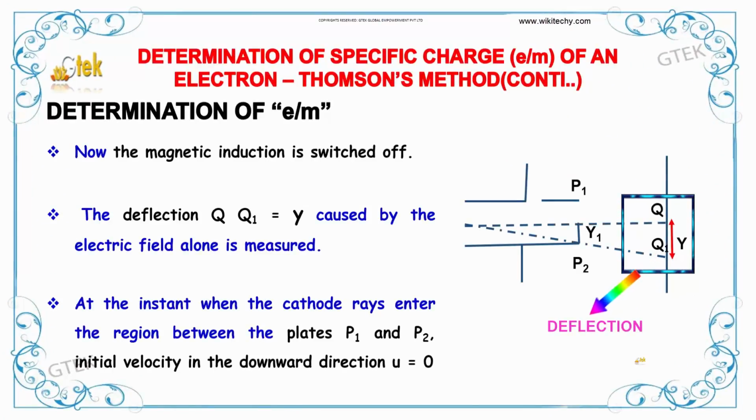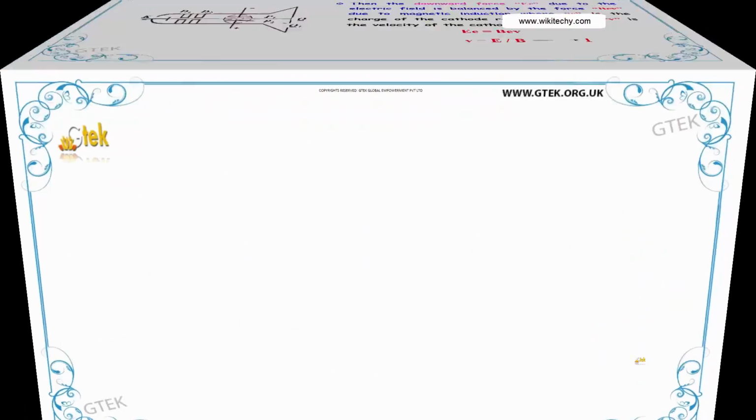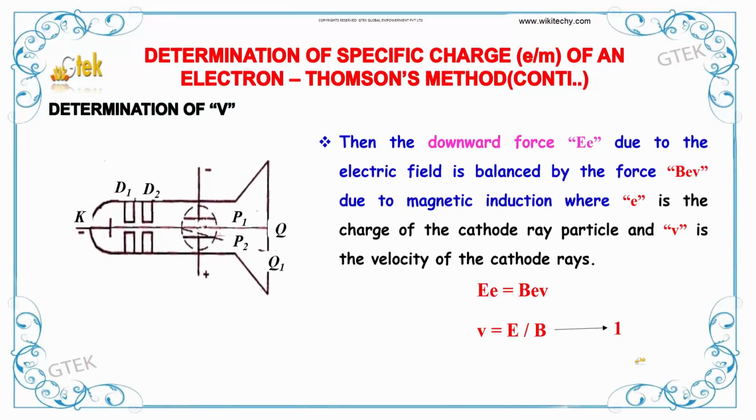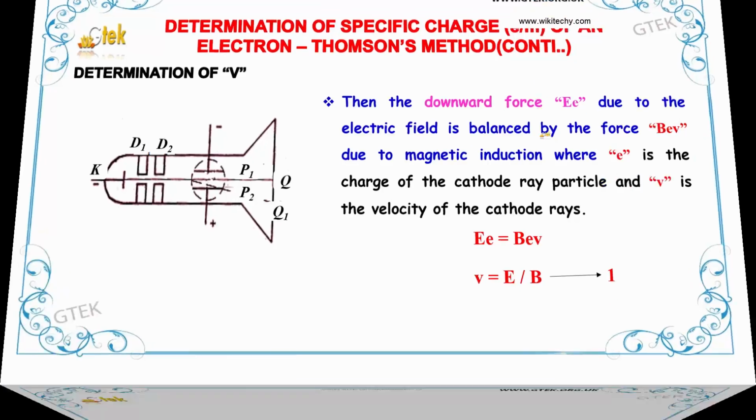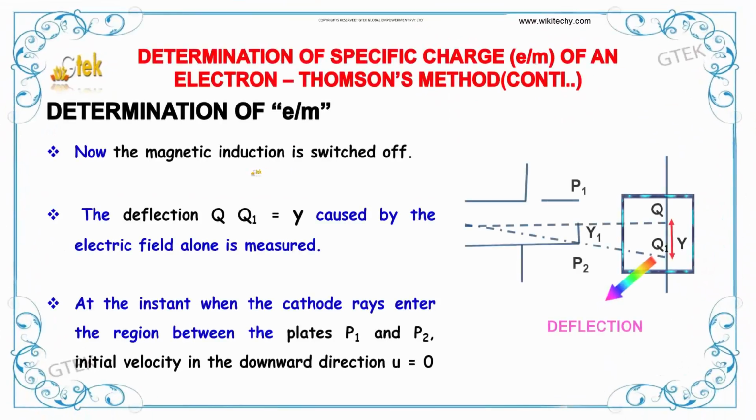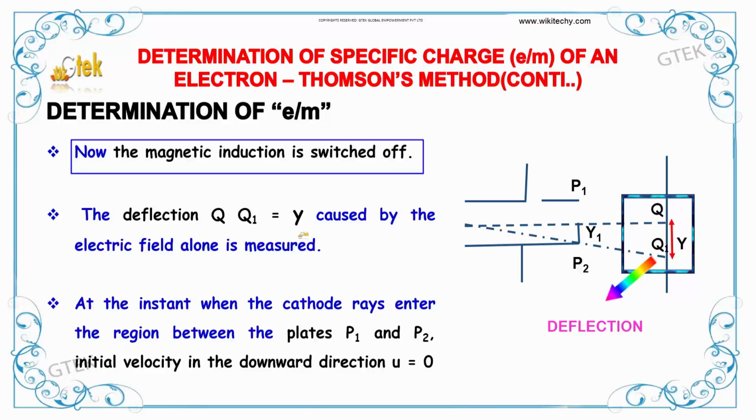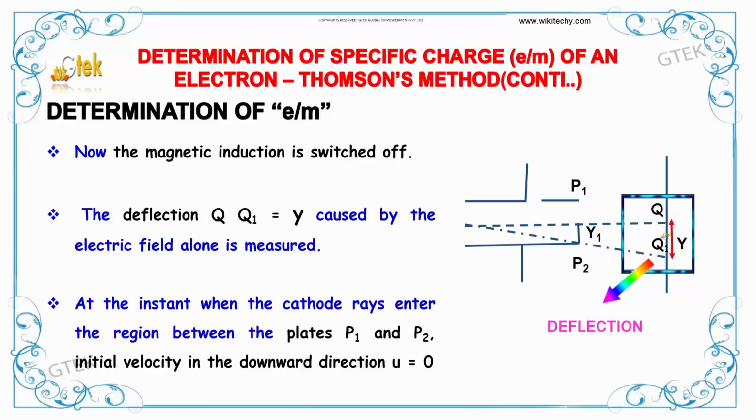Now we'll talk about the determination of e divided by m. Previously we discussed the determination of v, the velocity of cathode rays. Now we'll talk about e divided by m. How can we determine it? The magnetic induction is switched off now. This is the first condition. The deflection Q Q1 equal to y, which is caused by the electric field alone, is measured. At the instant when the cathode ray enters the region between plates P1 and P2,